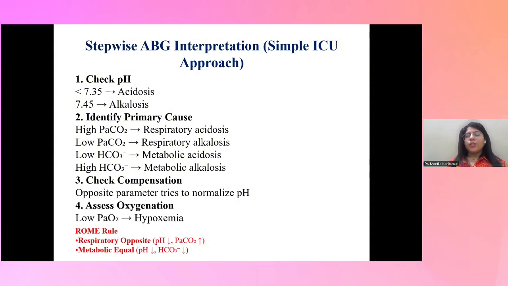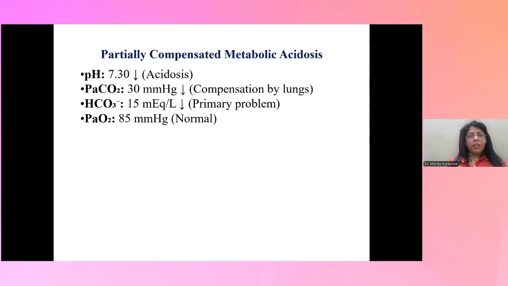And the last check is for assessing the oxygenation. For assessing the oxygenation, we have to look at the partial pressure of oxygen. And if the partial pressure of oxygen is less than 80 mm of Hg, then the patient is at risk of having hypoxemia. Now, if you talk in more detail about compensation, then we have partially compensated conditions,